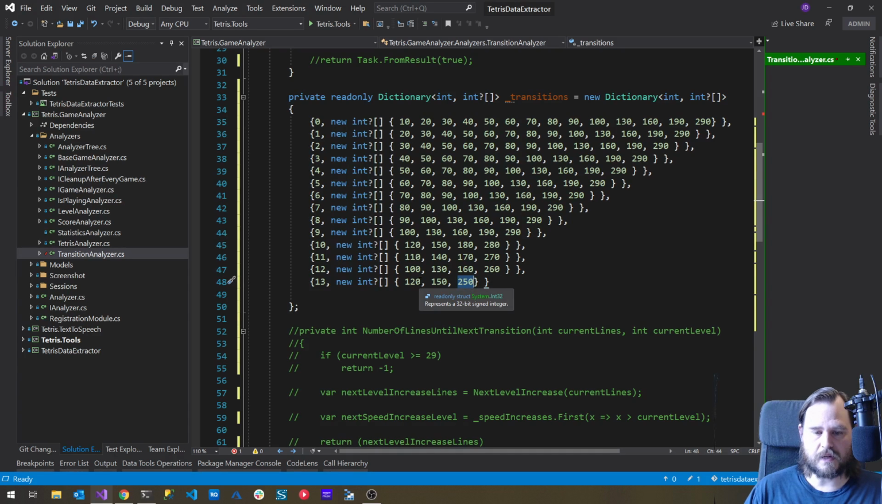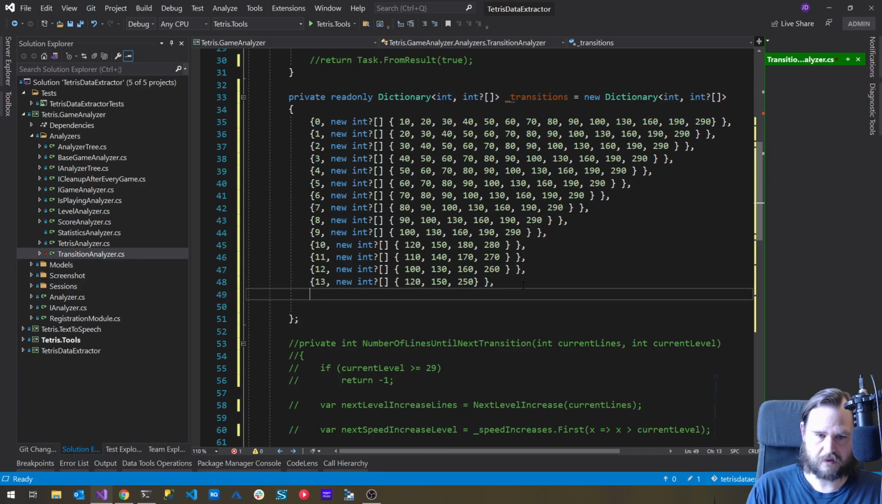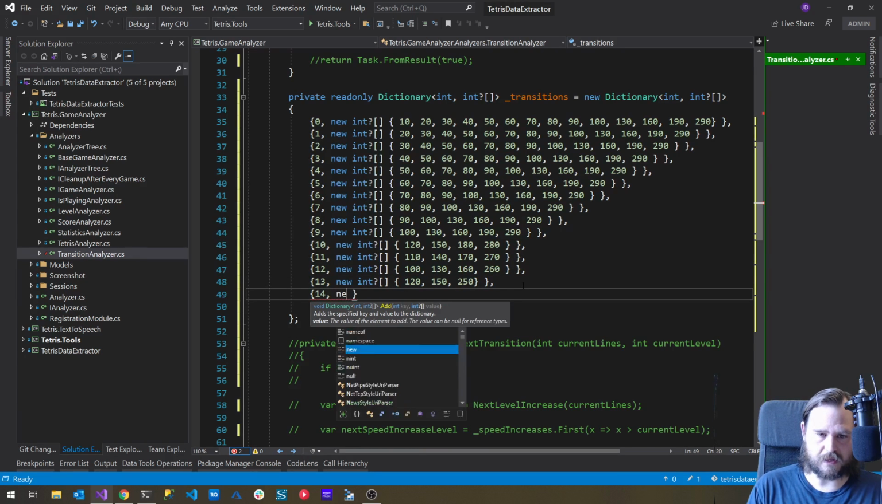Yeah, this is your 18 transition, basically, 19 transition, and then 29 transition. Because 13, 14, and 15 are all the same speed, 16 is going to happen when you hit 120 lines. This will be level 19, and this will be level 29. That's right. Okay, so 14, if you started on level 14,